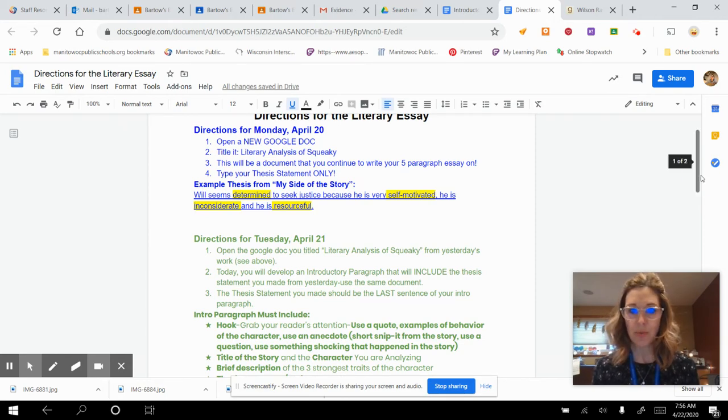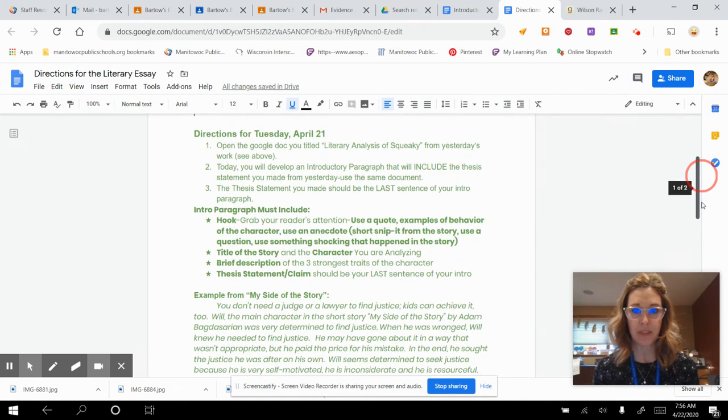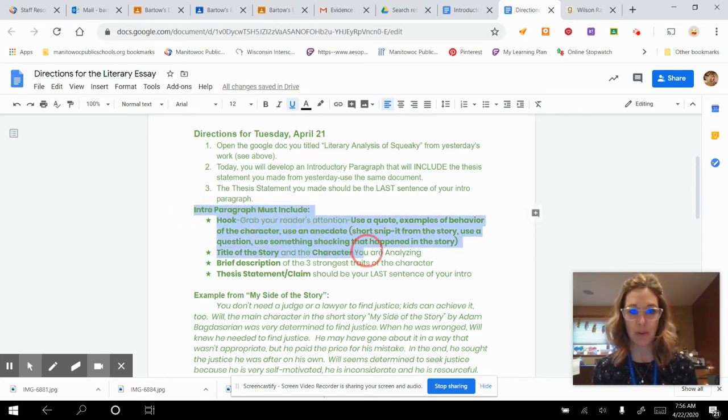So then on Tuesday, yesterday, we continued to work in that Google Doc, taking that intro or that thesis statement and now building the intro paragraph. And right here is what you need for your intro paragraph, all of these stars. Now, if you look under hook, how to grab your reader's attention, I gave you a few ideas.